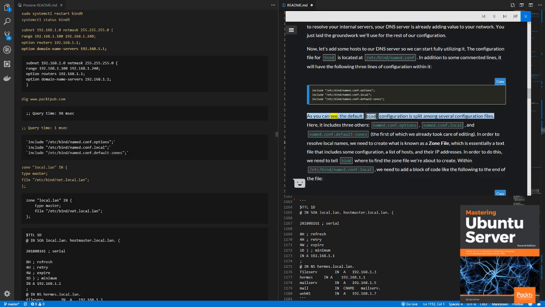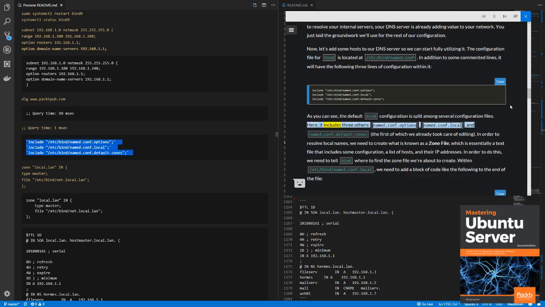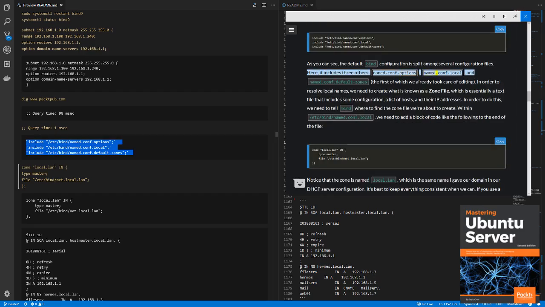As you can see, the default bind configuration is split among several configuration files. Here, it includes 3 others: named.conf.options, named.conf.local, and named.conf.default-zones, the first of which we already took